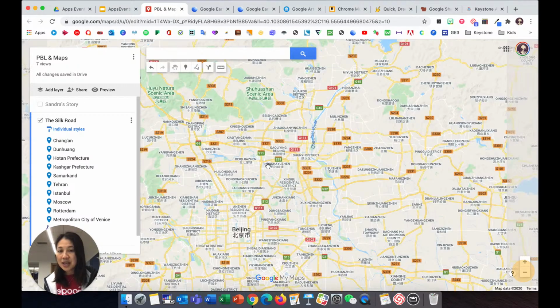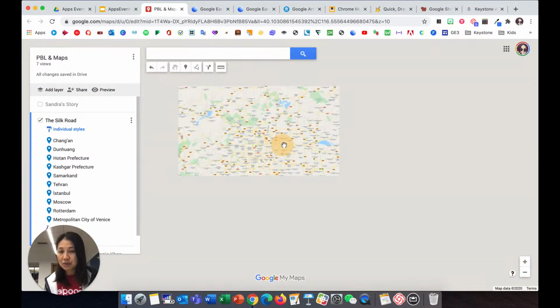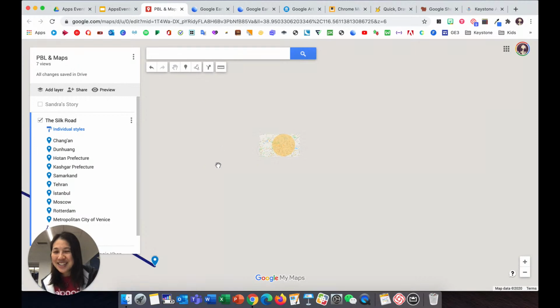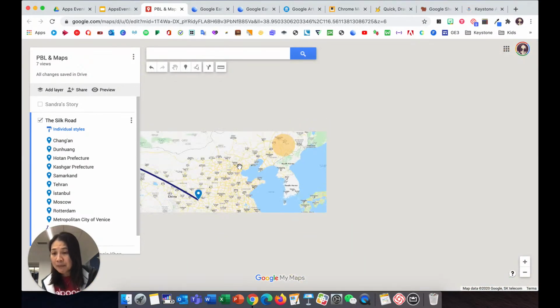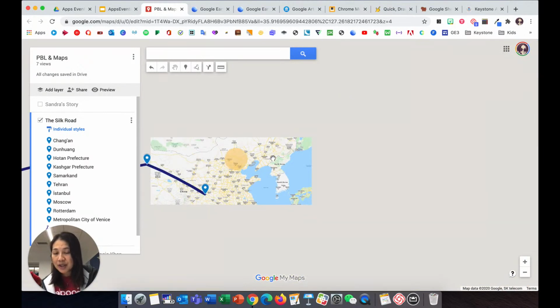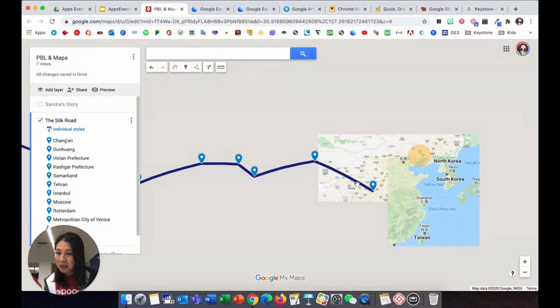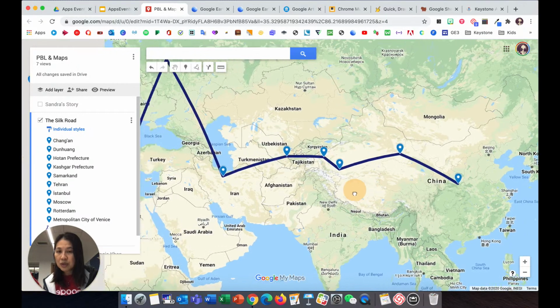So this one is related to a Silk Road journey. Sorry, it's just a little bit slow right now. But once it comes out, oh, there it is. There's the marker. It's really quite a neat project where it's collaborative. The students are working together. They can learn from each other as they're working on this project, but it's also visual,